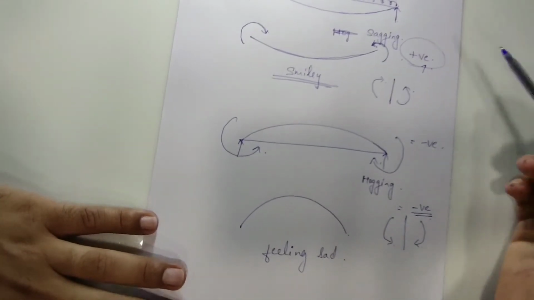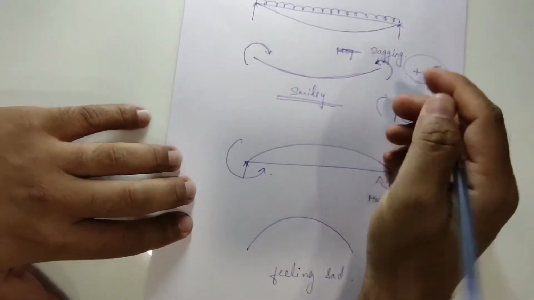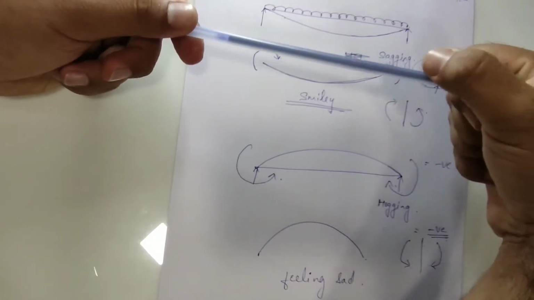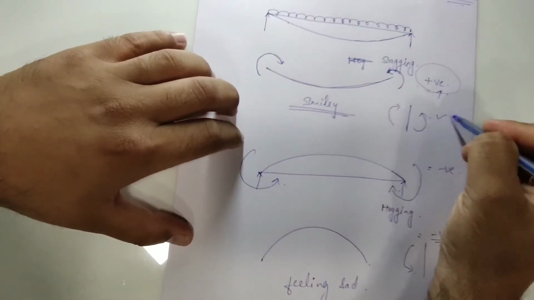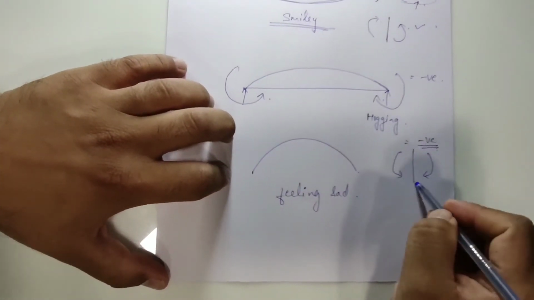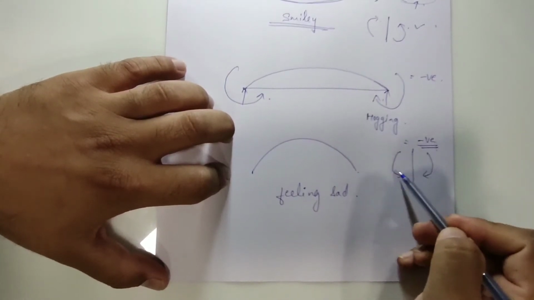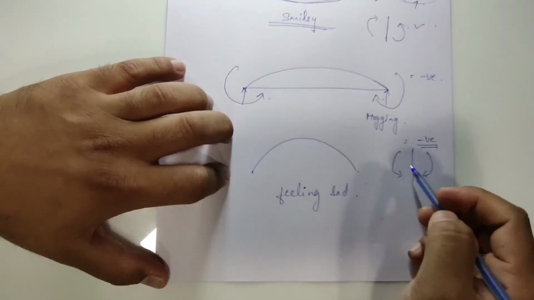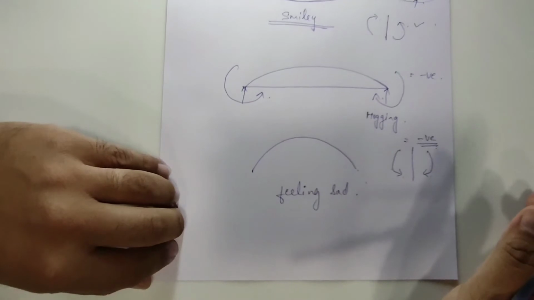Okay, so what is the positive sign convention? That is sagging. Just create a smiley, and that is created by applying the anti-clockwise moment from the right hand side and clockwise moment from the left hand side. Okay, and hogging is created when the moment is applied from the right hand side in the clockwise direction and from the left hand side anti-clockwise. Okay, that is the negative sign which we are going to use to solve any kind of example of a structure.